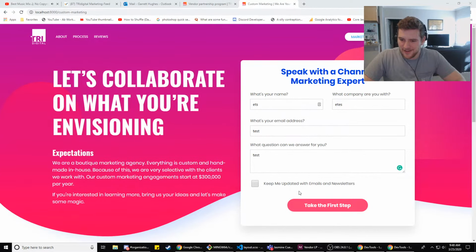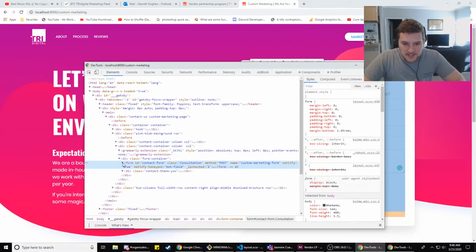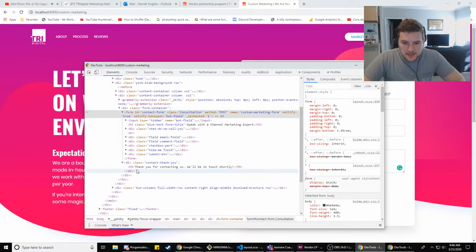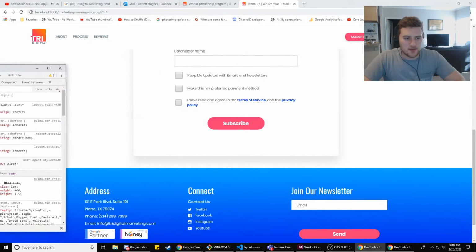So if I look at the CSS here and then go down to contact form, thank you, submit button. I must be adding that dynamically with JavaScript. I know it's on this page, just can't remember what it's called.